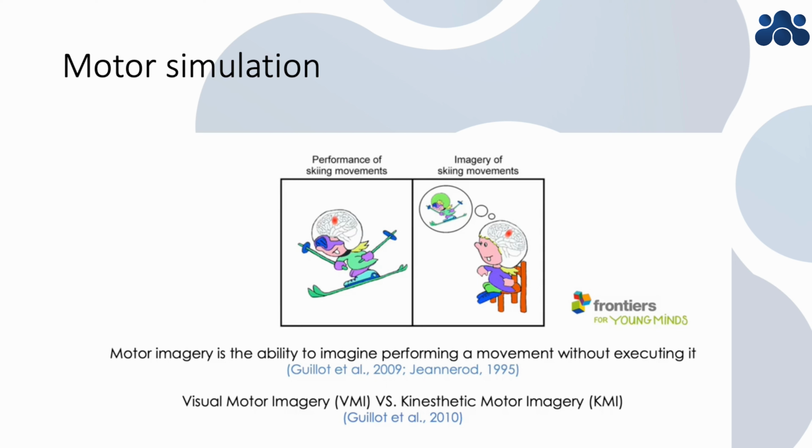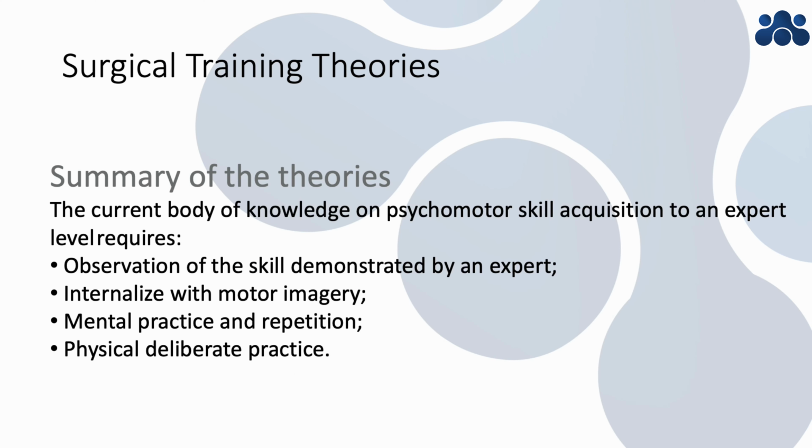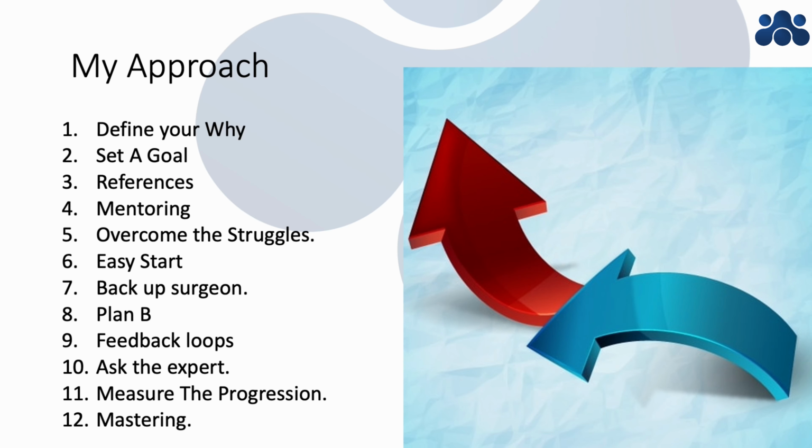Motor simulation is another example of learning, in which you imagine the skills that you want to learn, and it can be applied in some sports, as you see in this picture. So to summarize the theories, the current body of knowledge on psychomotor skill acquisition to an expert level requires observation of the skill demonstrated by the expert, interlinked with motor imagery, mental practice and repetition, and then physical deliberate practice. So now I will start my approach with 12 steps in order to reach mastery in any technique,